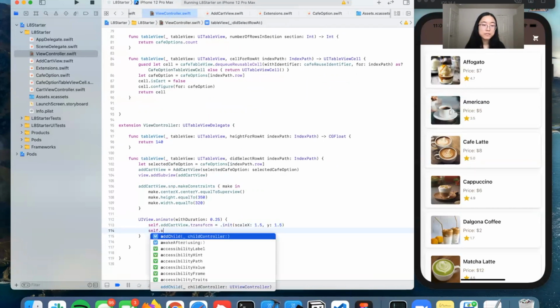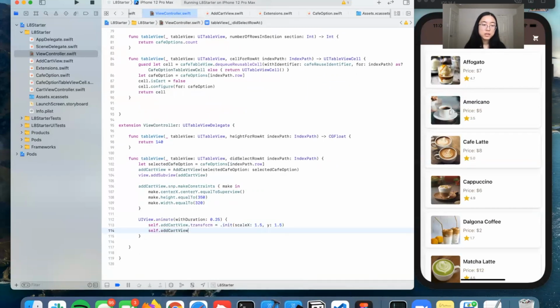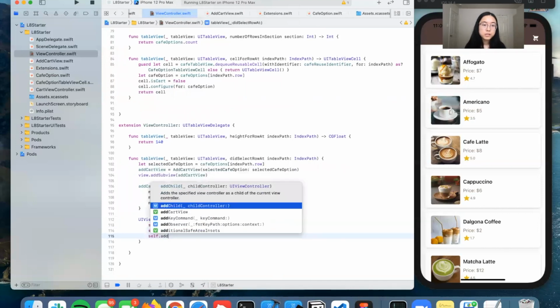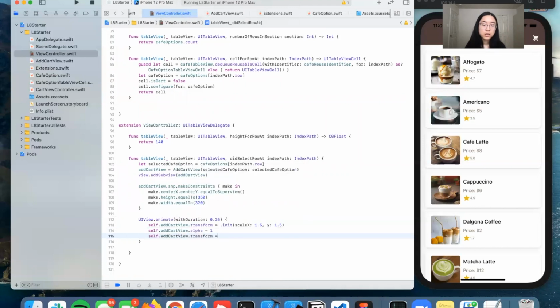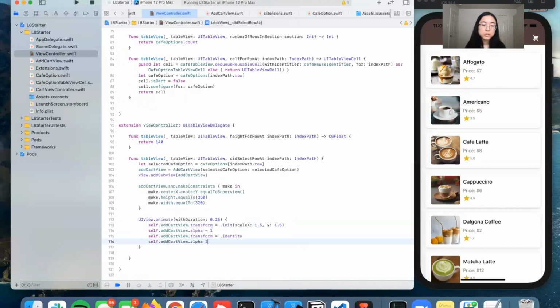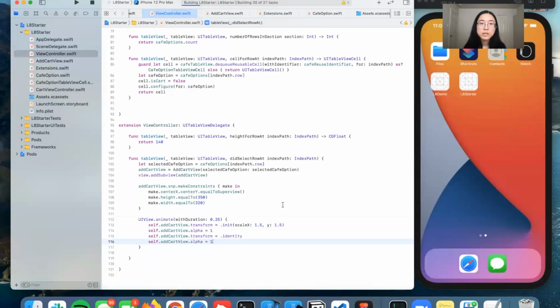And then you're going to set its alpha equal to 1. So this is what causes it to appear. And then you're going to do transform identity. So what this does is, this one stretched it, and now we're going to change it back to what it looked like before. And then self.addCartView.alpha equals 1. So we run this. What happens right now is